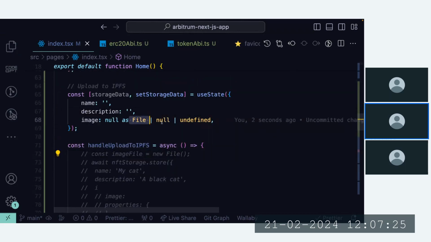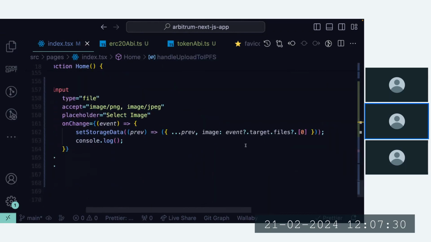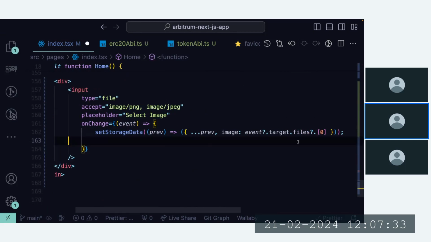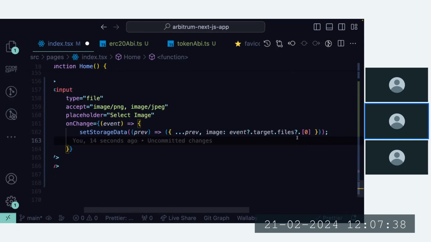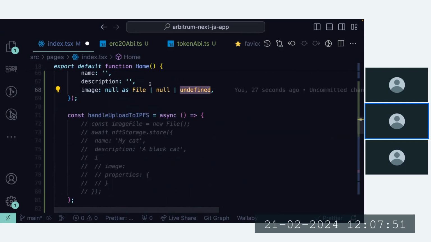So for these types, the reason why I'm specifying these types is because when you're uploading your files, it could be that your file is empty. This first index is empty. So it needs to handle a scenario where it's empty. What this question mark is doing is it checks if it's empty. If this doesn't exist, it's going to return undefined. So that's why it was throwing an error, that you need to specify that this could also be undefined. So it could be null, it could be undefined, it could be a file. And so that's how we got to make our